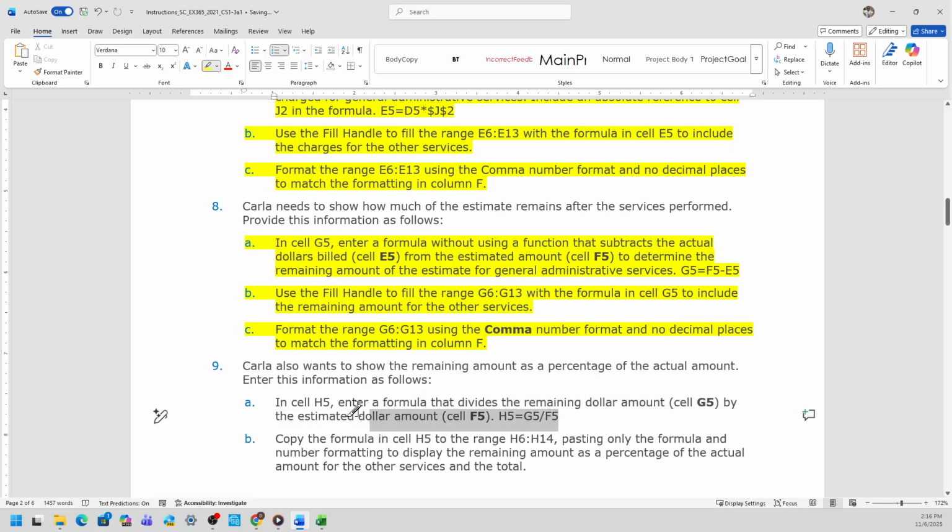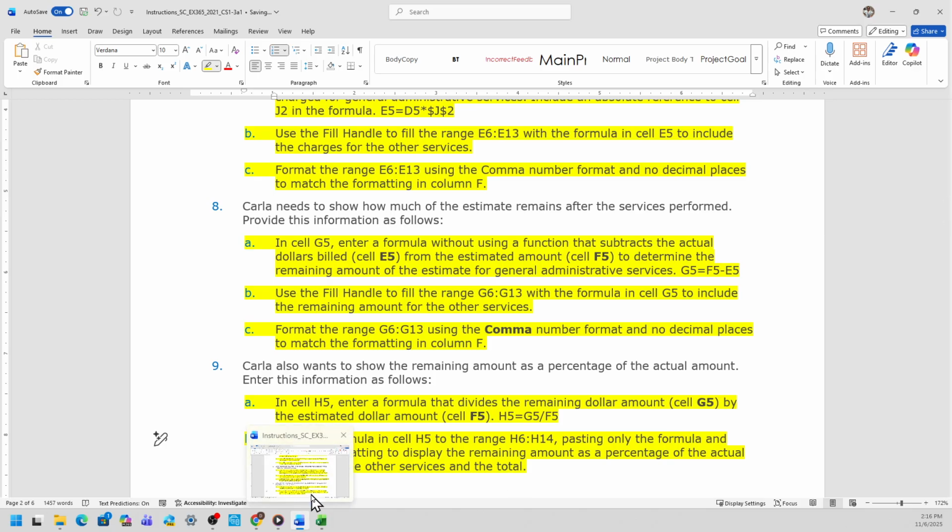Okay. And then just copy the formula this time from cell H5 to range H6 to H14, pasting only the formula. Formatting to display the remaining amount as a percentage of the actual amount for the other services and the total amount. Okay, so